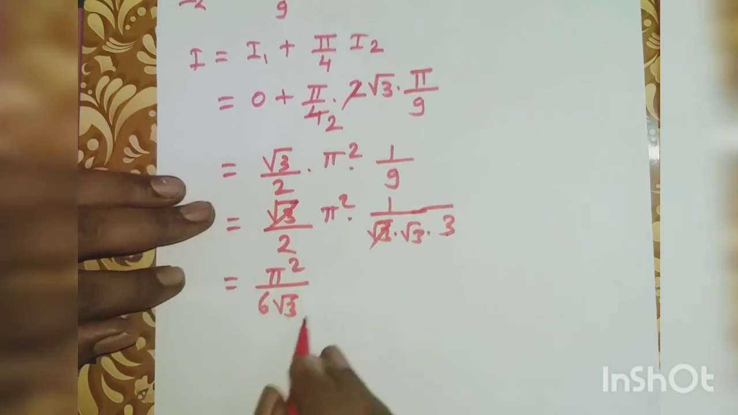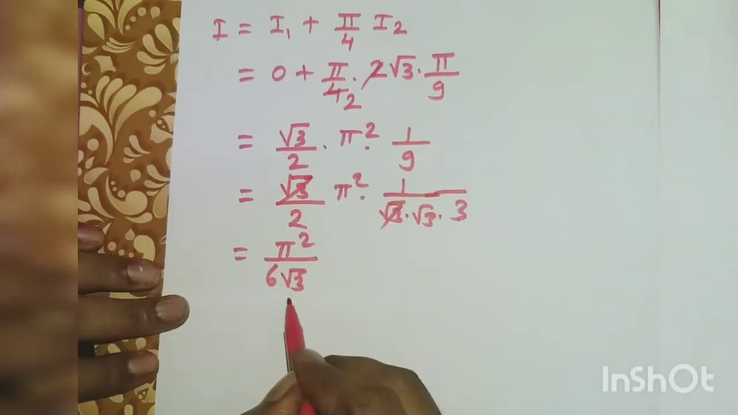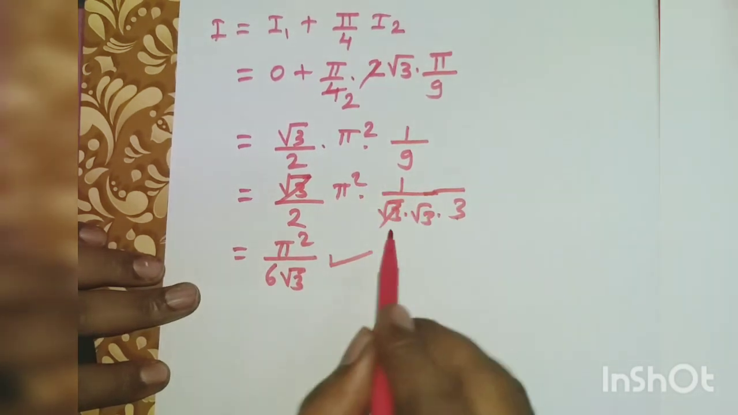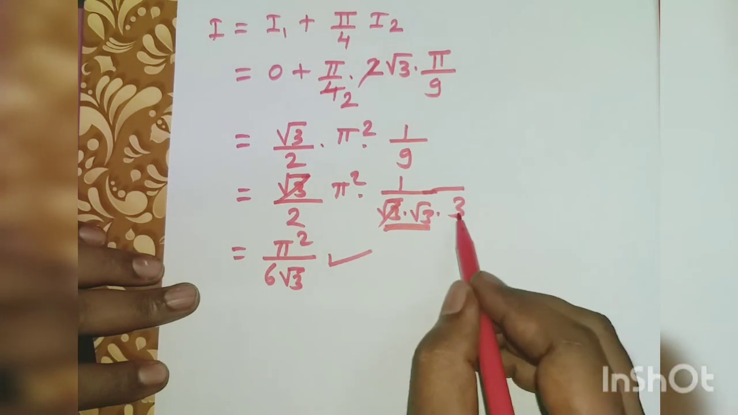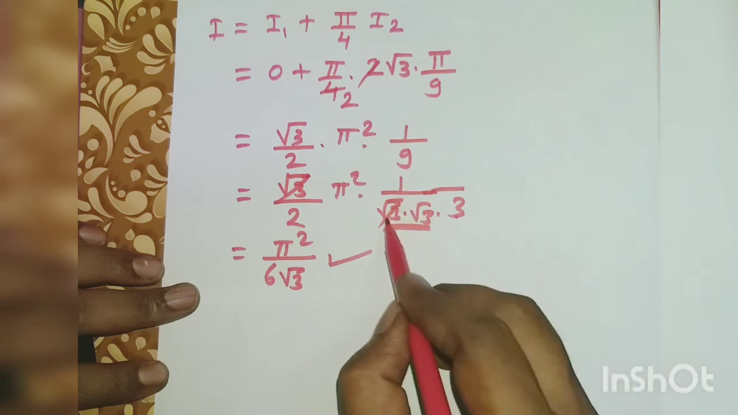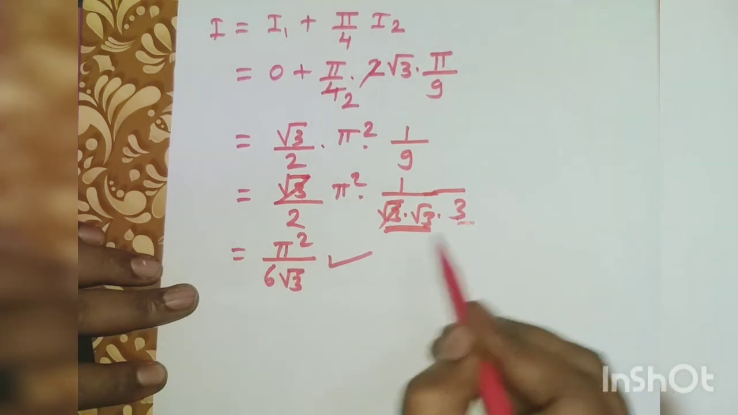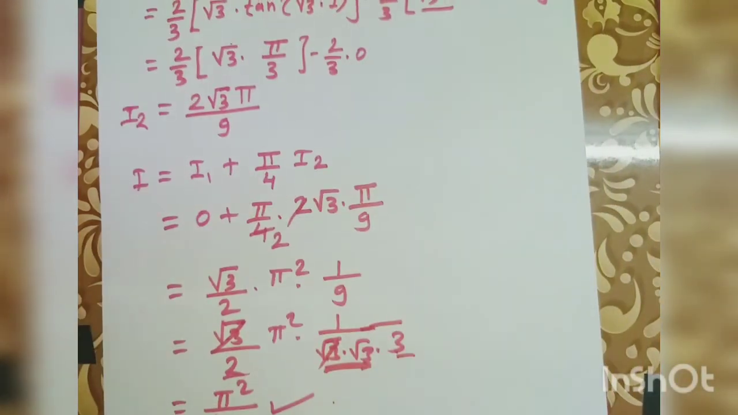The final answer is pi square divided by 6 into root 3. Even if you keep just this, it is fine. The 9 we divided as 3 into 3, in place of 3 root 3 into root 3. One root 3 cancels, pi square divided by this 3 into this 2 is 6, and the remaining root 3 is the final answer. In this way we solve some complicated problems in definite integration by using the properties as well as by using the definite rule,